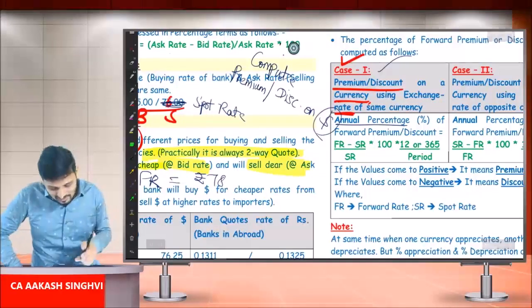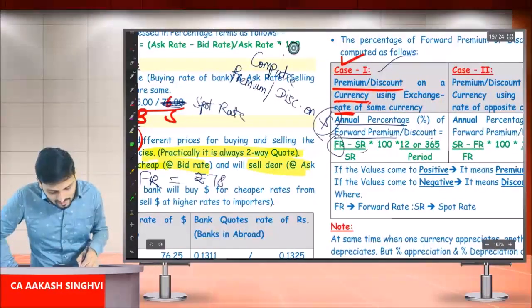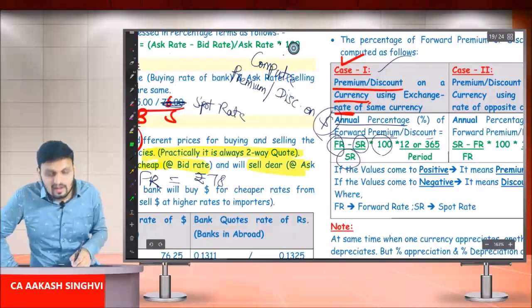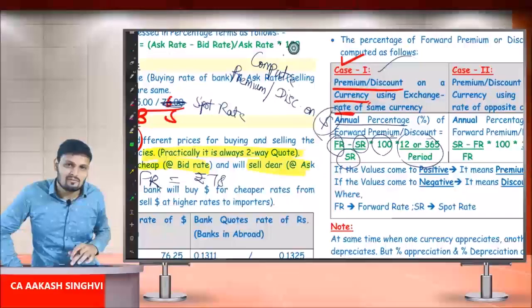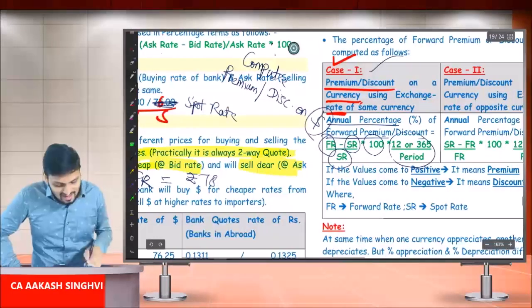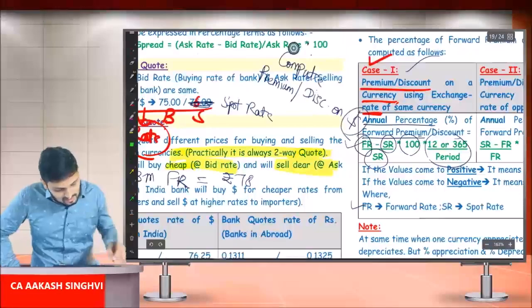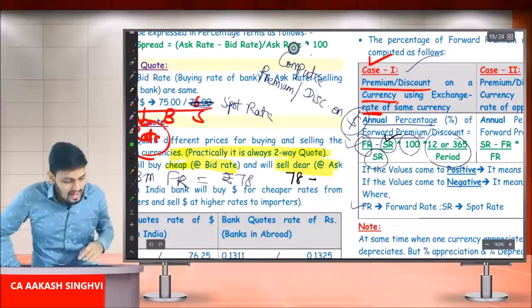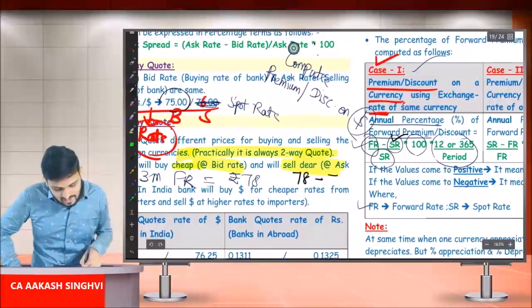So the annual percentage of forward premium or discount equals (FR minus SR) divided by SR into 100 into 12 or 365 divided by period. Confused, right? Just hold on. FR is nothing but the forward rate. In our example, the forward rate is 78 rupees, minus SR. SR is nothing but the spot rate. How much is the spot rate? 75. So 78 minus 75